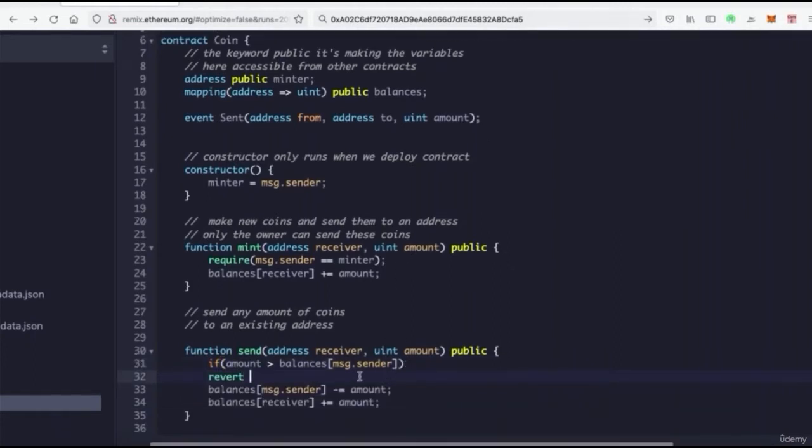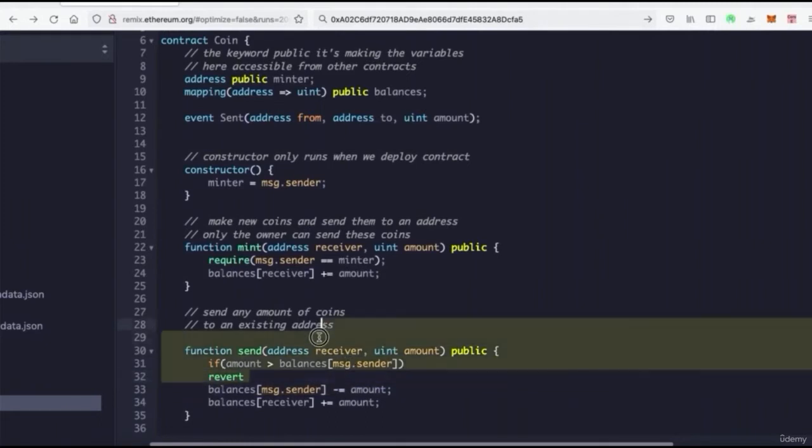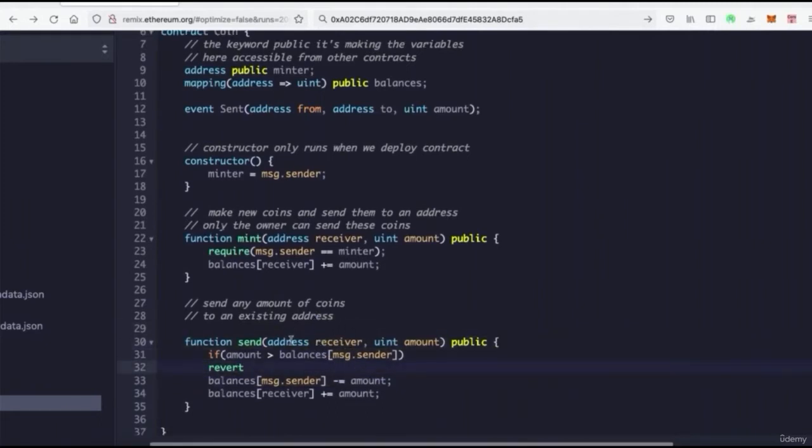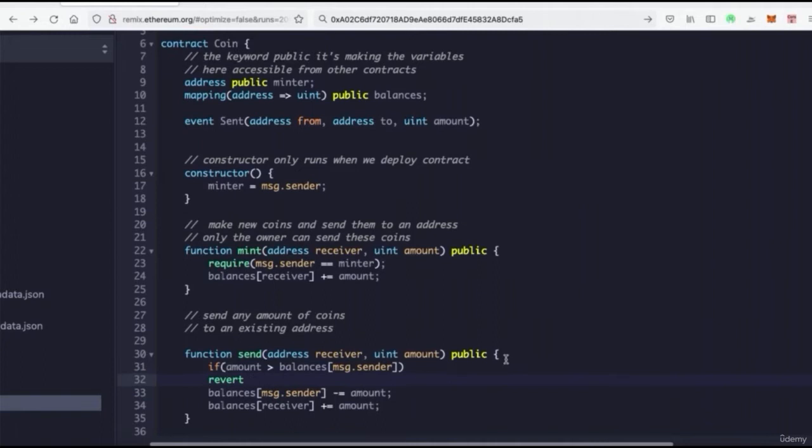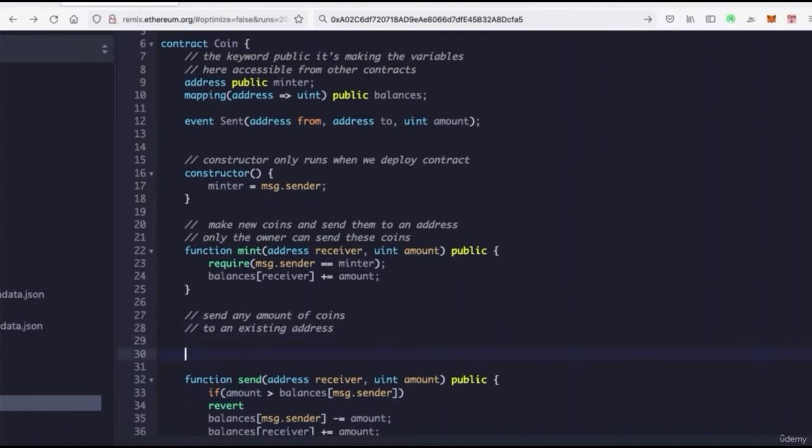And revert will actually stop this transaction from happening and provide the information regarding the transaction, all right? And so in order to do this, why don't we create another variable, and use a new special keyword we haven't looked at. And this is actually going to be error. And when we use error, we are letting Solidity know that it is an error. So we're going to say insufficient